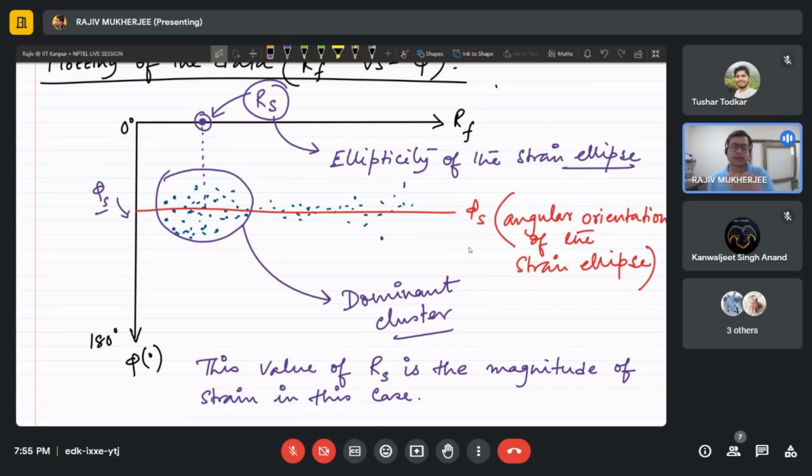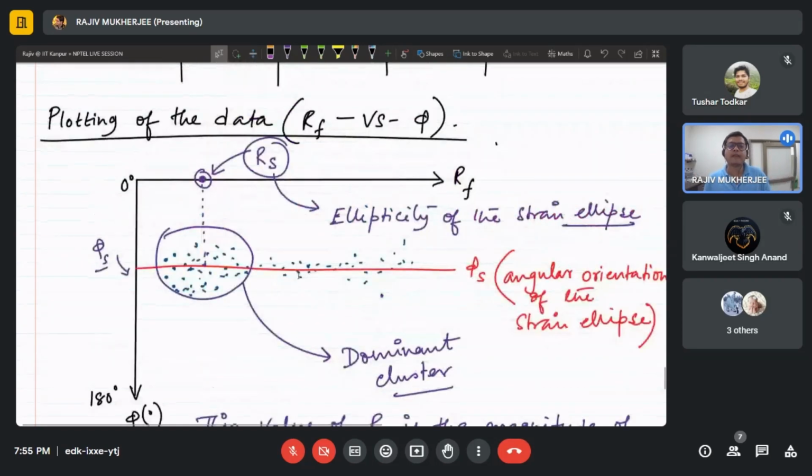Now the beauty of this method, the Rf/phi method, is that you do not just stop here. Rather, you can have an estimation of the initial ellipticity of the objects you are studying, because we can apply this formula, right? So from your graphical data,